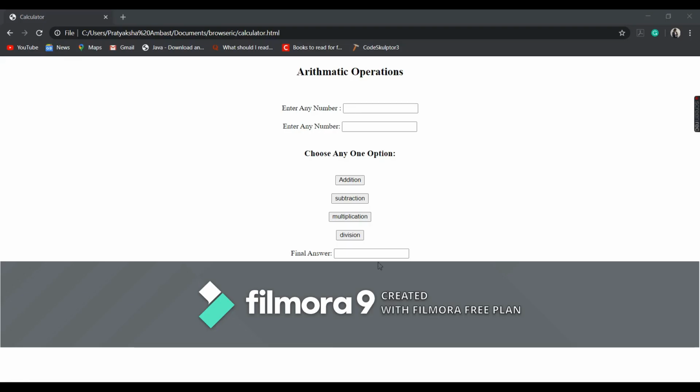So today I'll be teaching you how to create a calculator by using JavaScript and basic HTML tags. So let's see how it functions. Let's enter two numbers, say 6 and 10, then addition gives 16, subtraction -4, multiplication 60 and division 0.6. So let's get started by writing the code for it.